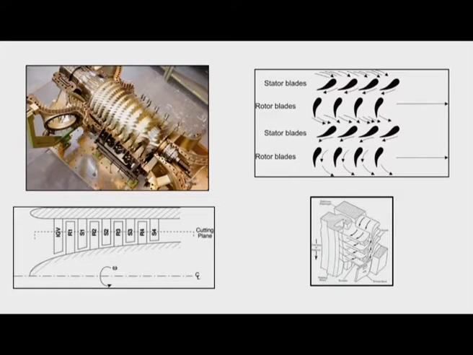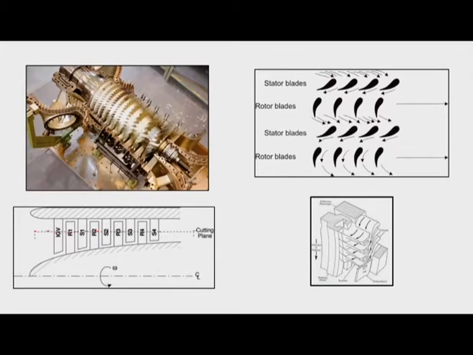Our whole analysis would be based upon the central mid plane height of the blade. This is the mid plane height of the blade. So our 2D analysis, whatever we would be dealing with, is at the mid height of the blade. This is the top view of the axial compressor, and this is the corresponding cutting edge plane where we are going to draw the velocity triangles, and we will find out the corresponding work interaction for the axial flow compressor, or pressure rise or temperature rise, as required.